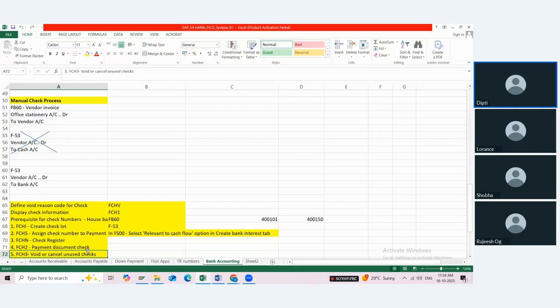Now, that check which I have given to the vendor, we usually update those details on the first page of a check, like to whom we have given, the date and amount. In the same way, you can assign that check number manually to the document of vendor payment, that is the KZ document type. That document number, you can assign with the check number. So you can get the same details in SAP as well. That is called the manual check process. That is what we are going to learn about today.